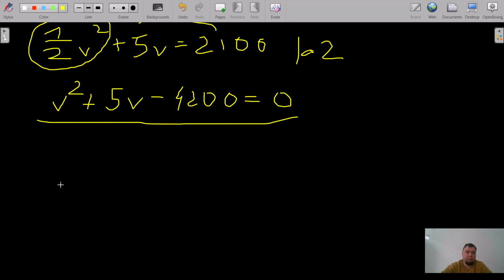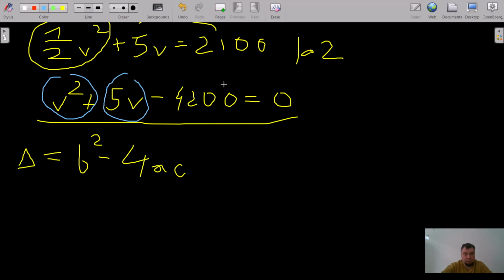Okay, this is already a simple quadratic equation, and we can solve it using the quadratic formula or factoring. I think it will be easier to solve it using the quadratic formula. So remember, this is the discriminant. Discriminant equals b squared minus 4ac. And this part which you see, this is a, this is your b, this is your c, right? Coefficient a, coefficient b, and constant c. And from this, you take these values and you calculate the discriminant. So it will be,